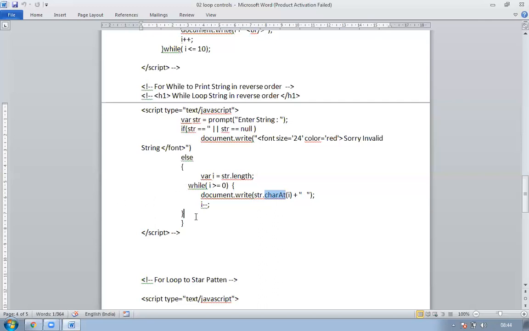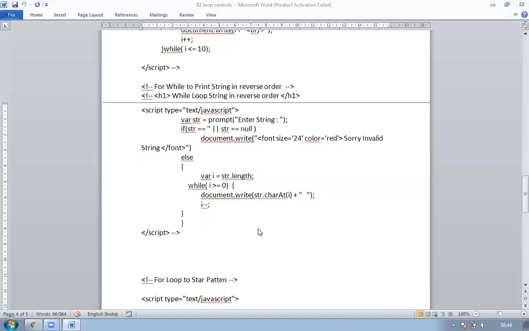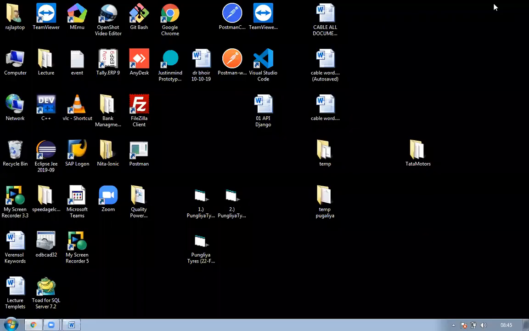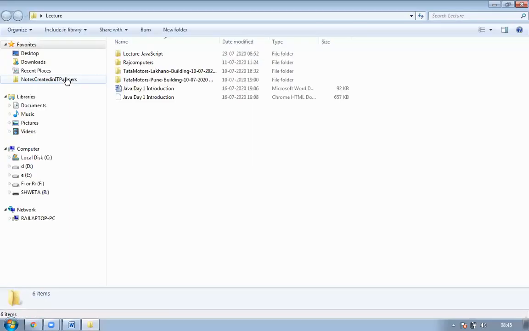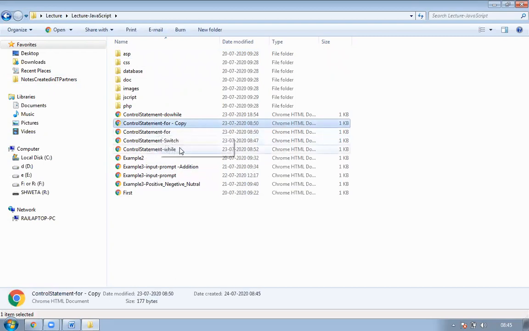So let's start and see. I'm just copying this because it has been explained. I expect you people to do it; I'm just not retyping it. So I go into my lecture folder, and I'll be seeing control statements, practice.